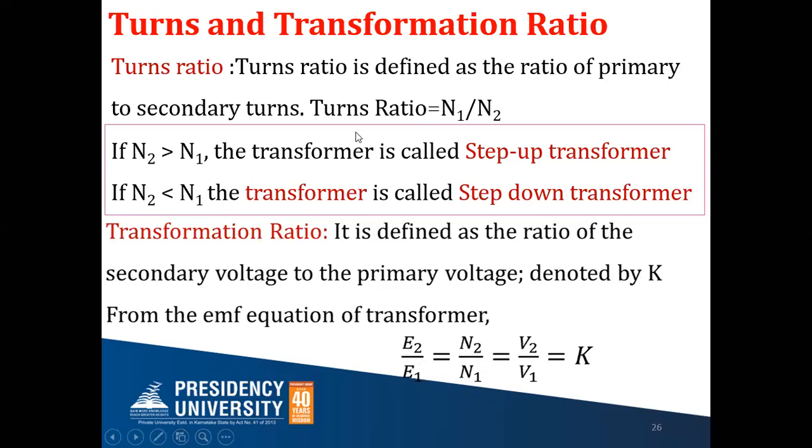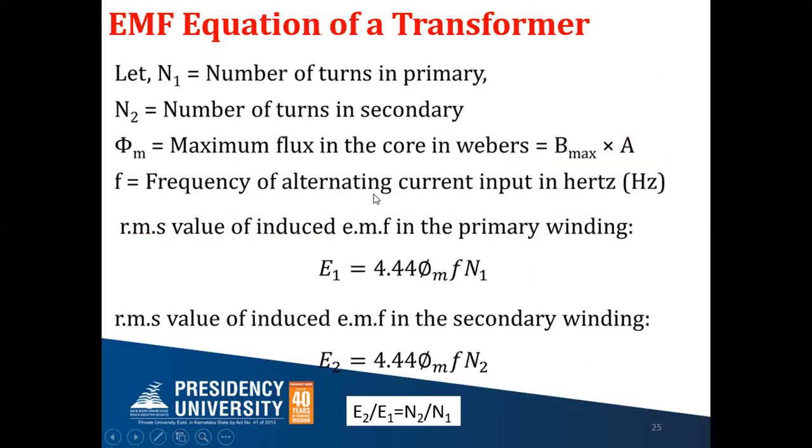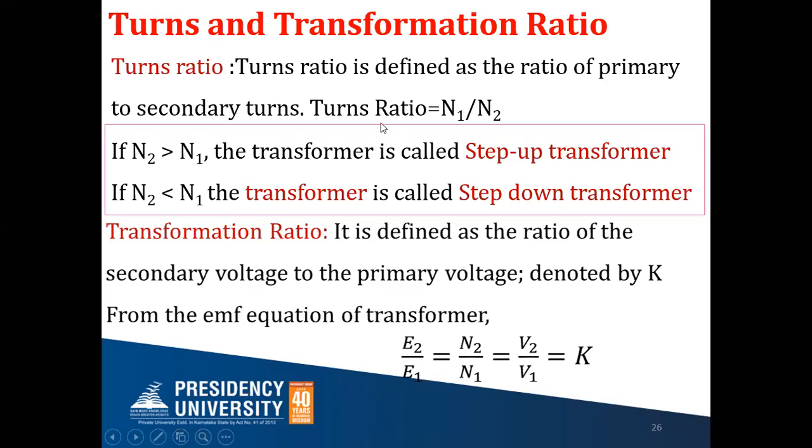And in the same way, taking the opposite, N1 by N2. Instead of second by first, I'm dividing first by second. In that case, it will be E1 by E2 is equal to N1 by N2. That time, the ratio I'll call the turns ratio. I'm taking the turns ratio N1 by N2. This is represented by a letter, small a. So small a, the turns ratio, is equal to N1 by N2. Turns ratio and transformation ratio are opposite in nature. Both are reciprocal. These are some standard terms we use for the analysis of a transformer.